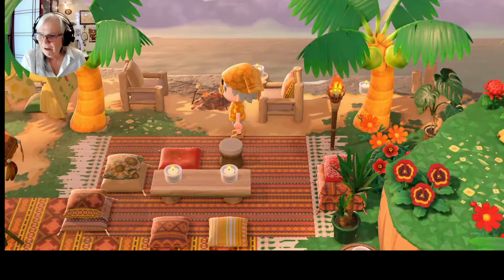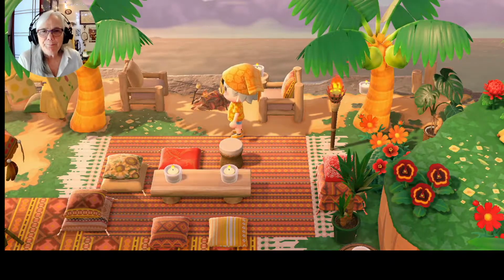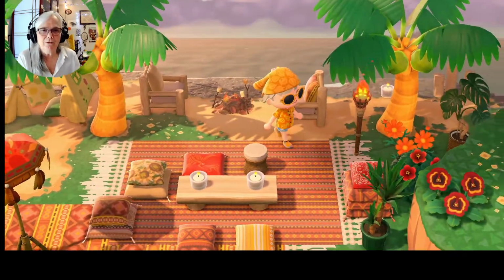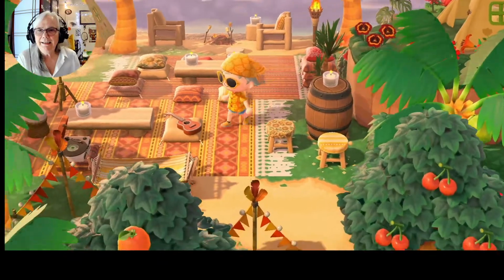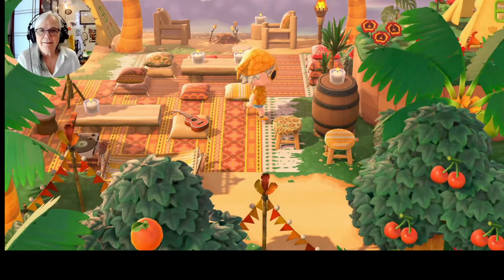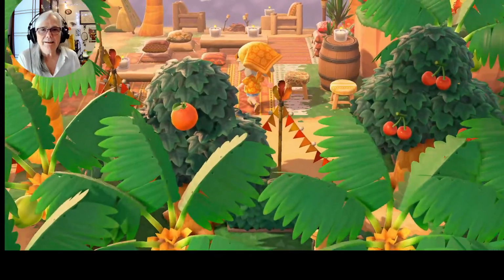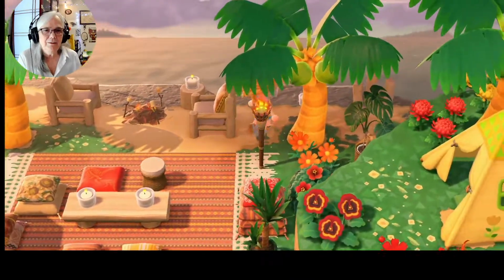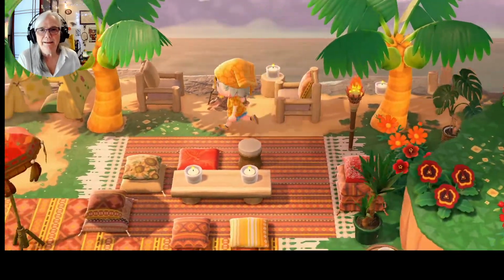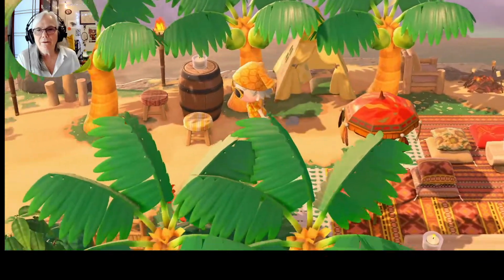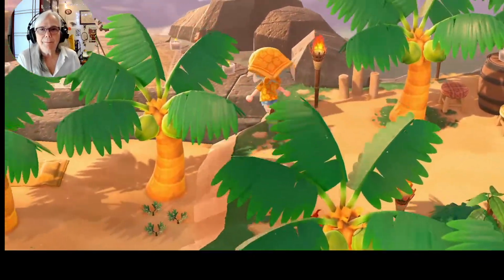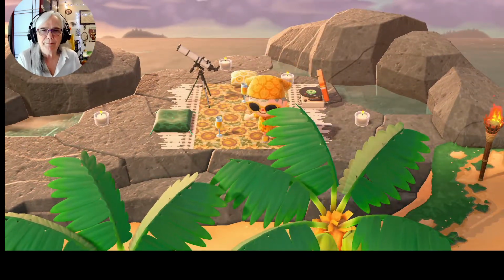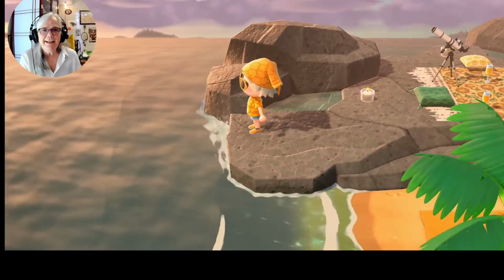And look, marshmallows on the fire. This is very nice. Beautiful little spot on the beach. Kind of stormy today. I want to get that ukulele. I've seen that around. It lies down. See, all this, even way over here, has got this custom path. On the rock, this beautiful spot with a couple of glasses of champagne. How lovely is that?